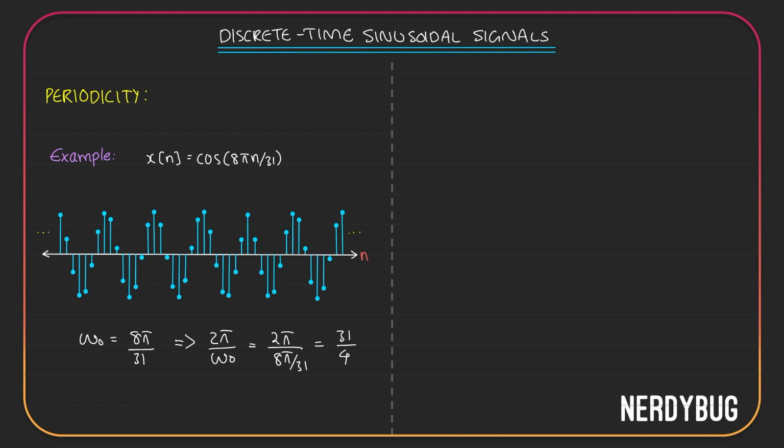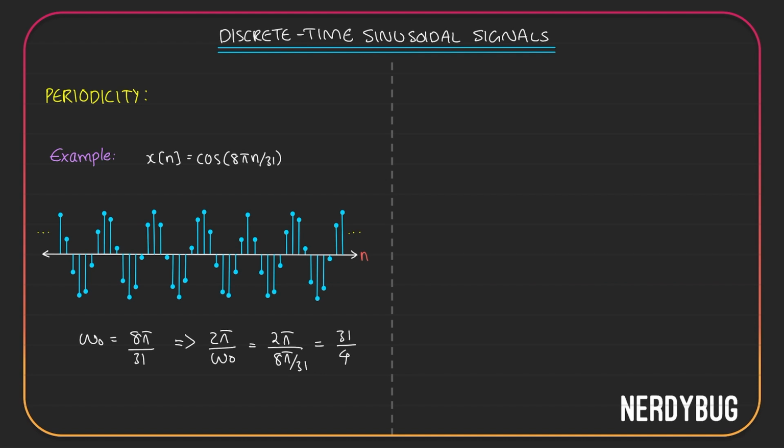Now, the thing about 31 by 4 is it is not an integer, it is a decimal. And the thing about a discrete time signal is that it only has values at integers. After 0, it has at 1, then 2, then 3. Nothing is there at 2.3 or 2.4 or 2.5, right? So if you say it repeats at 7.75, there is nothing at 7.75, but there is something at 0, so it is not possible. So, simply by taking 2 pi by omega naught, it did not work for us in this example.